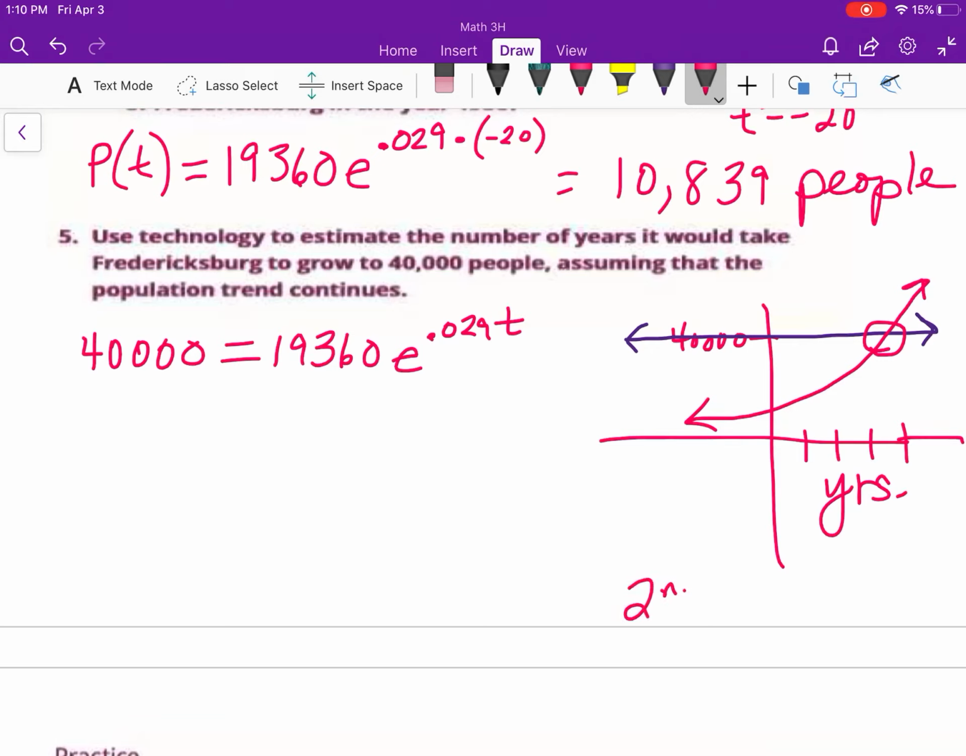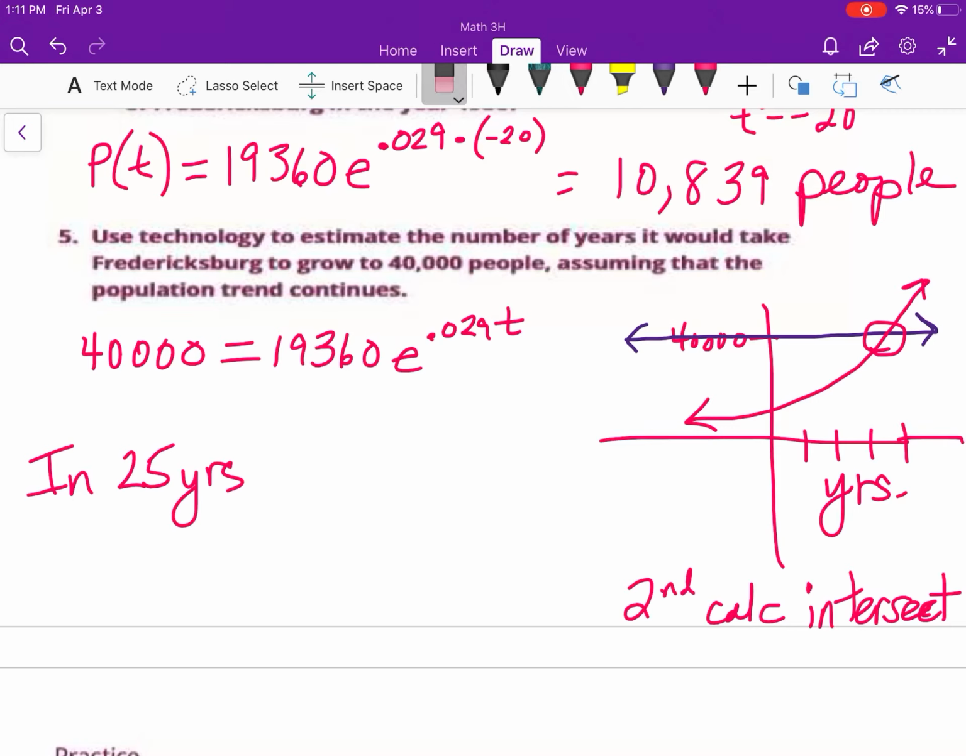Then just do second calc, intersect. Spelling would help. Okay, that's a C. So second trace, I mean, second calc. Intersect is number 5. Enter, enter, enter. And it's 25.023116 years, so in 25 years,